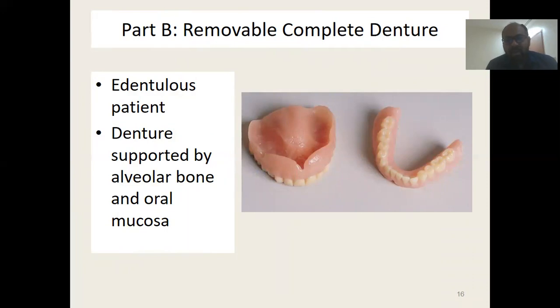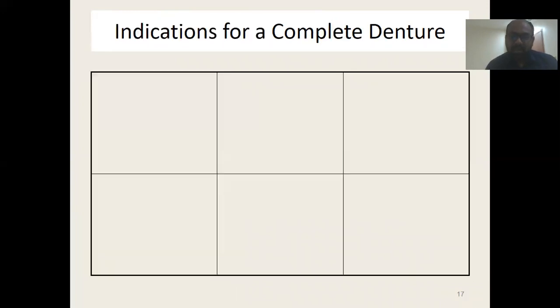It is again a primary responsibility of a dentist or a prosthodontist to control the forces, because any prosthesis is going to generate some amount of force within the oral cavity. So it is the primary responsibility of the dentist to control the biomechanics, so that he minimizes the alveolar bone loss or any damage to the oral mucosa. So that is going to be the primary responsibility for the dentist.